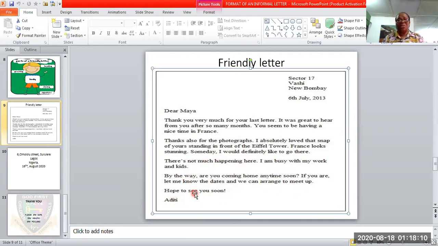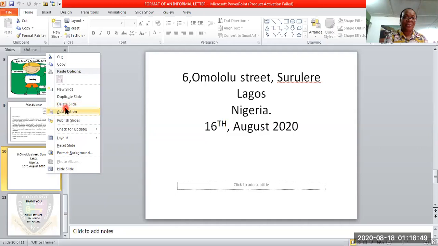Hope to see you soon is a closing in Aditi's letter. And the signature is Aditi. Aditi has written a letter to Maya. There's a heading, address, and date. That is the heading. The greeting, the content of the letter. Are you with me? And then the closing. This is the closing right here. And the signature is Aditi. Are we clear? Beautiful. Are we together? Very well. Now, in this letter, yes,